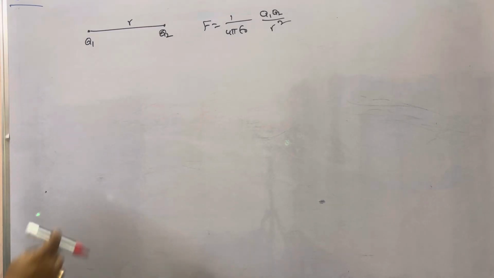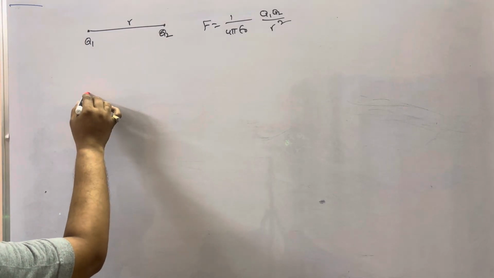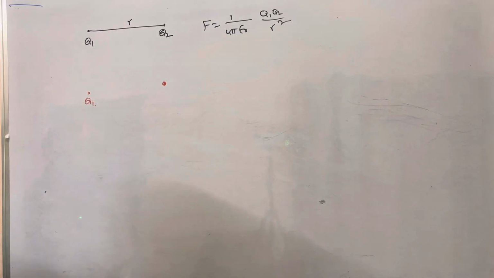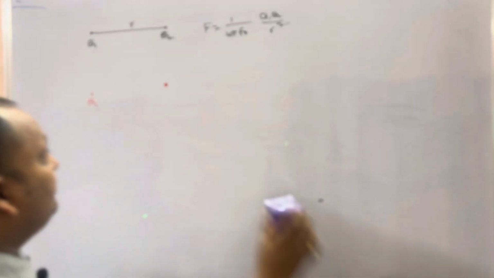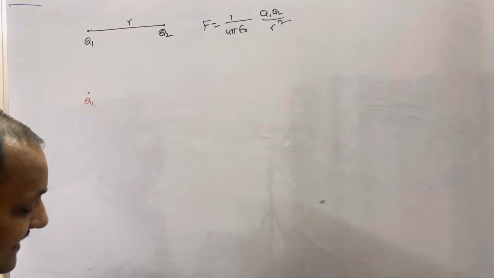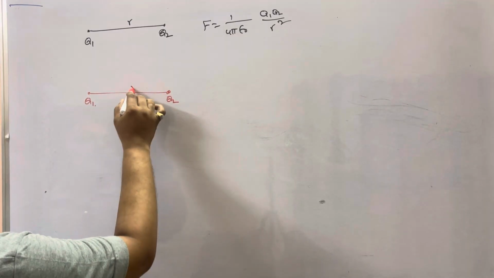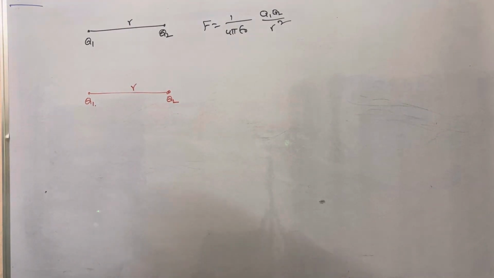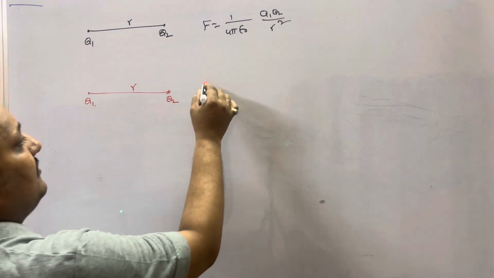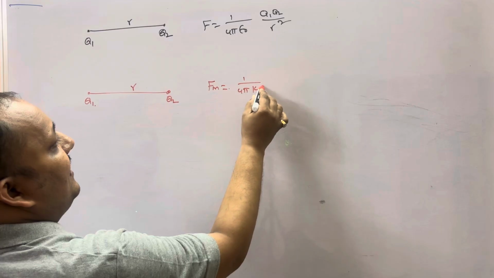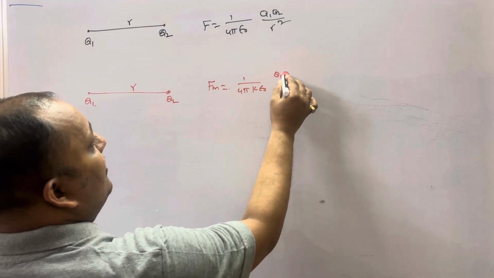Next, the same two charges placed in a medium of dielectric constant K with the same separation. Just now we give F medium is equal to 1 by 4 pi K epsilon naught Q1